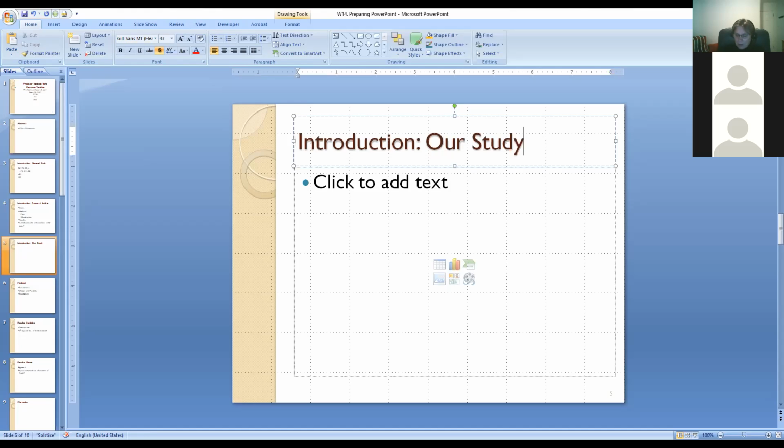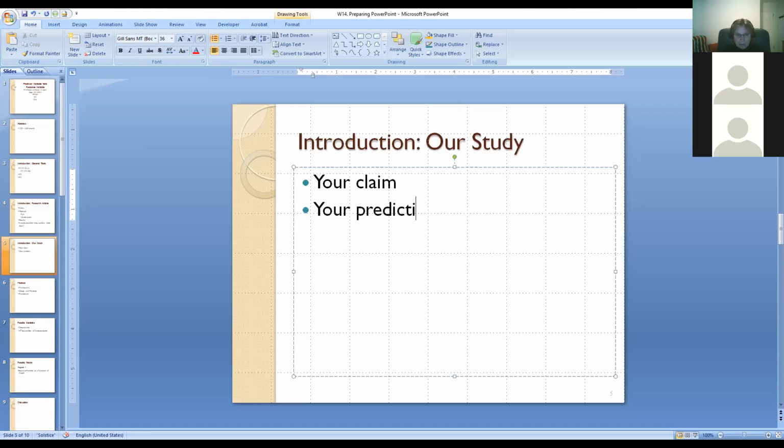You were the actual experimenters. So it is your study. Well, experimenters, observers. It was your study. So now you can have a few bullet points here. So your claim, look in your observation plan, your predictions, right? Whatever else you had.